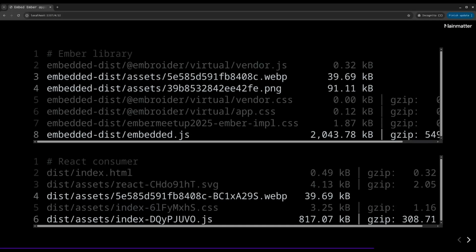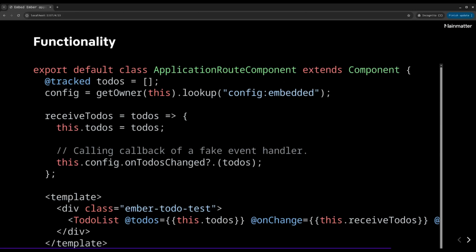At this point, we have gone through the fact that Vite can both inline assets into base64 strings, as well as what you can do to prevent that in case your library is asset heavy. And the last thing we'll go through is to show some functionality of an Ember application doing something on the React